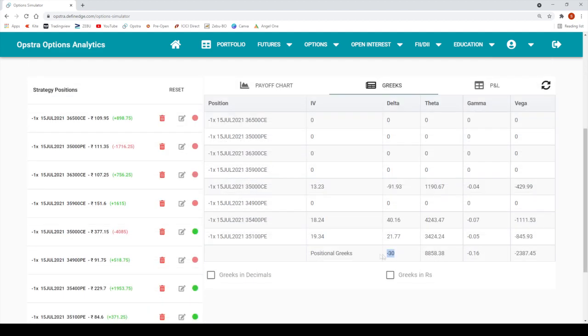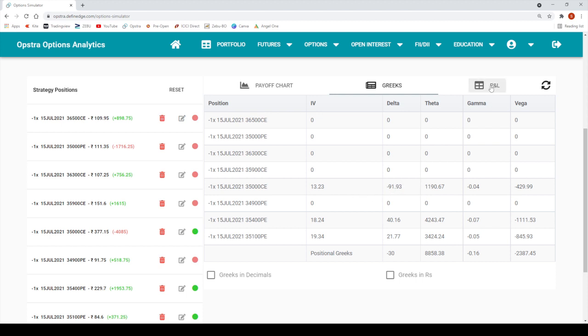Okay. So again, delta mismatch happened. So what happened? The call is increasing. So whenever this call becomes more than 90 delta, we can close this position and move to a little higher strike price. So we are going to close this call and sell a call at the upper level.